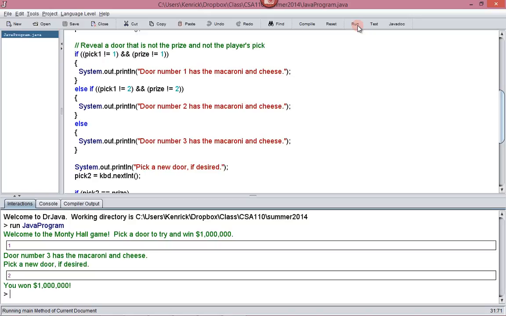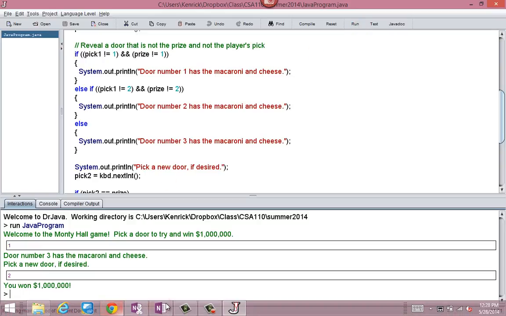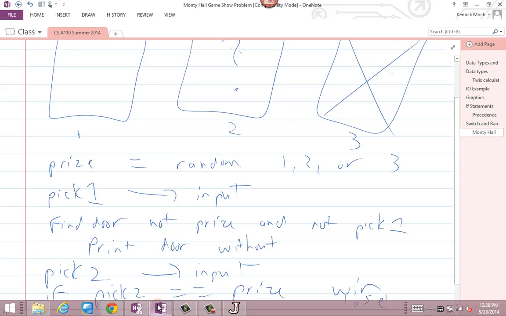So 7 out of 10 times I won by switching. And 4 out of 10 I won if I stayed. So out of that little sample, it looks like it's better to switch. And in fact, if I ran this more times, then I should win if I switch about 2/3 of the time. And then I should only win if I stay 1/3 of the time. So here, if you think about why that is,